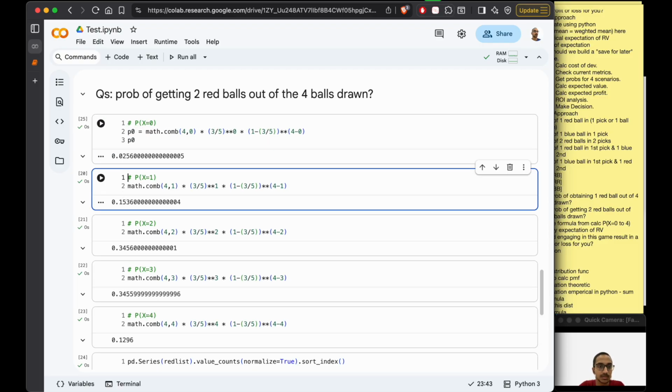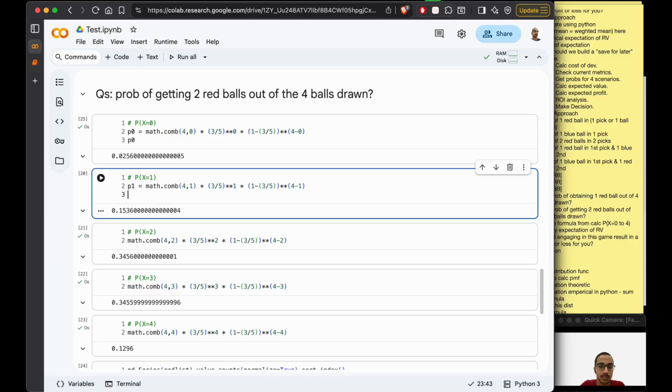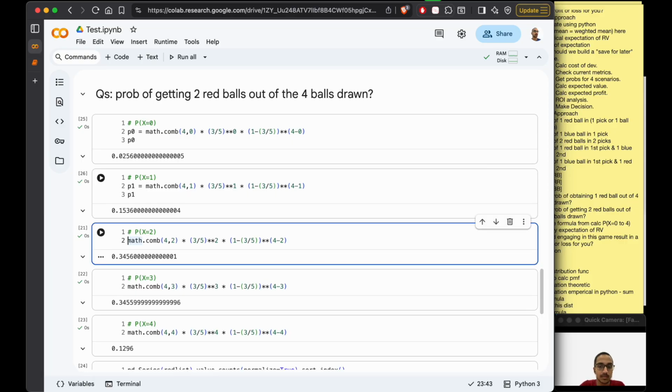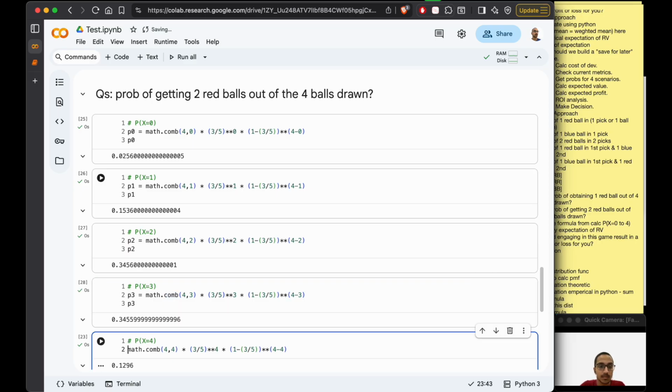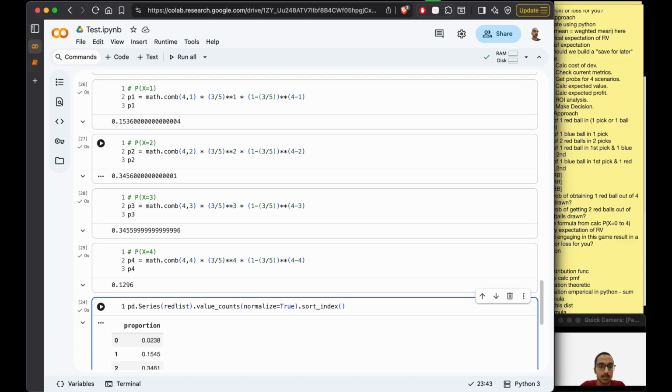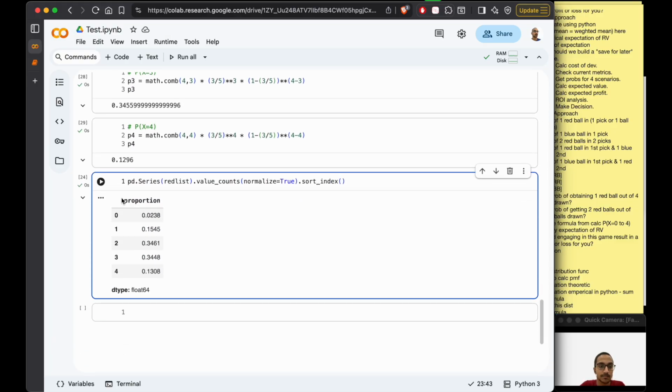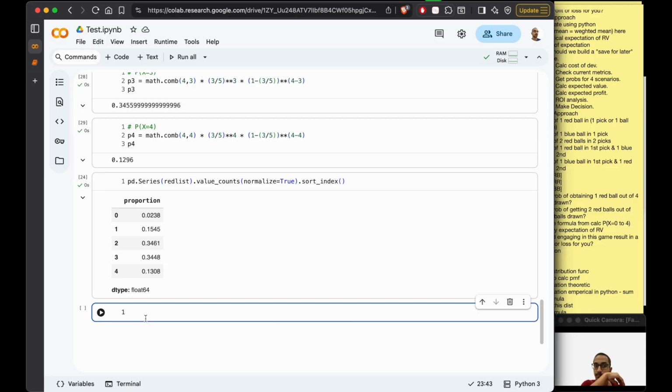It's going to be P0, P1, then P2, then P3, P4, and all we have to do now is